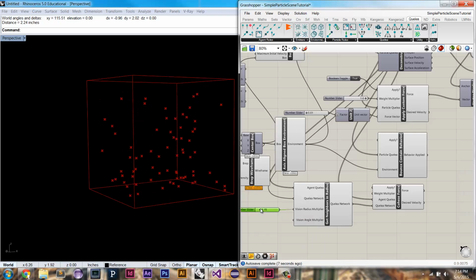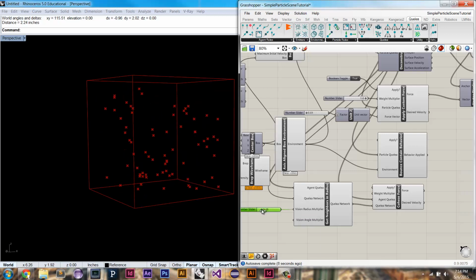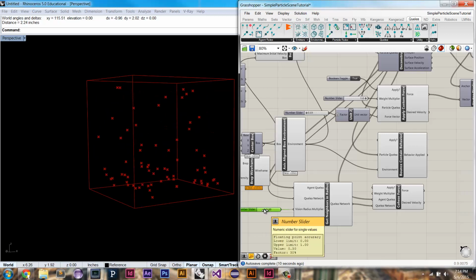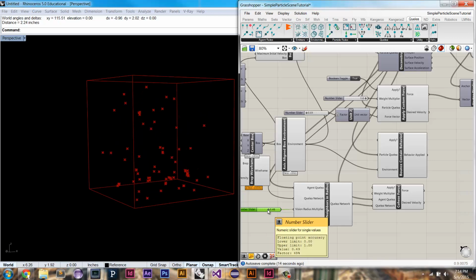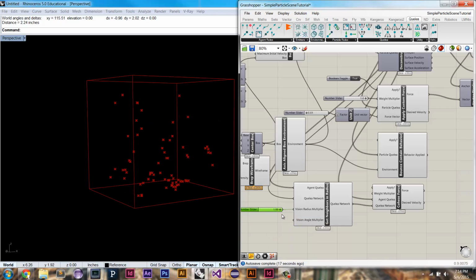As I bring it up, they'll see more and more of their neighbors, right? And I'll avoid going over vision angle multiplier right now because it'll probably be hard to really get what's going on